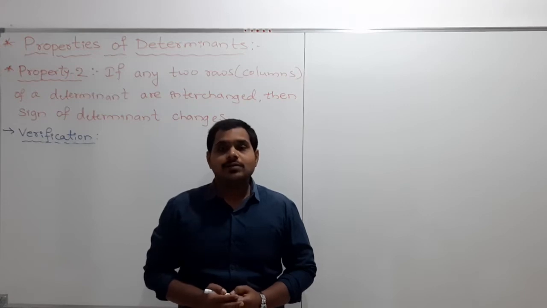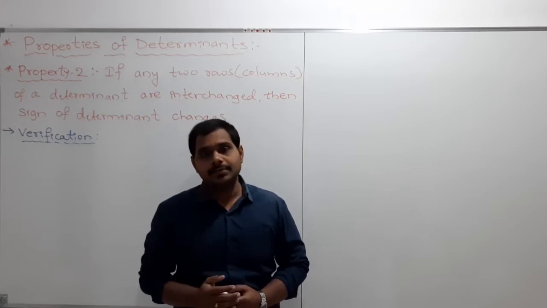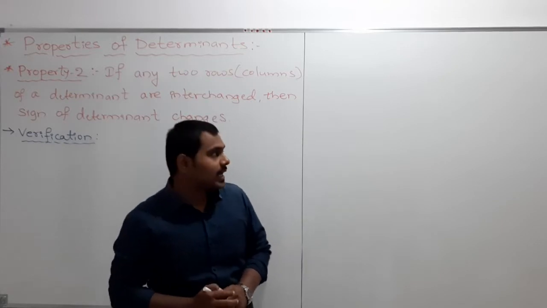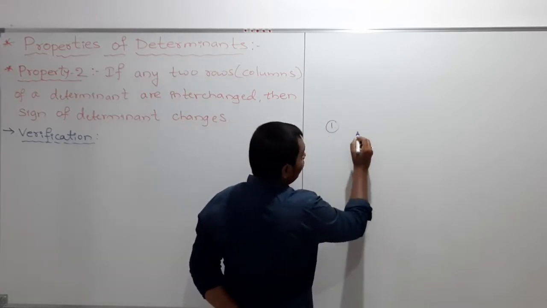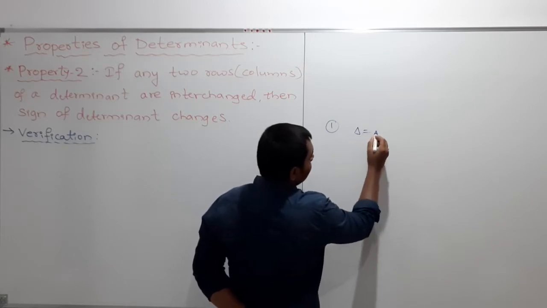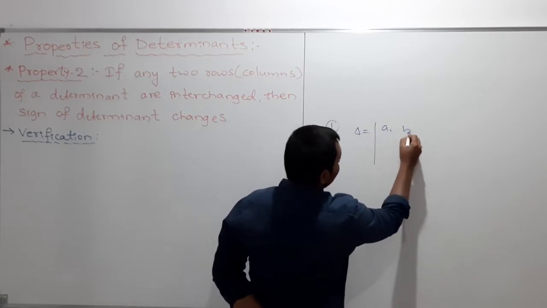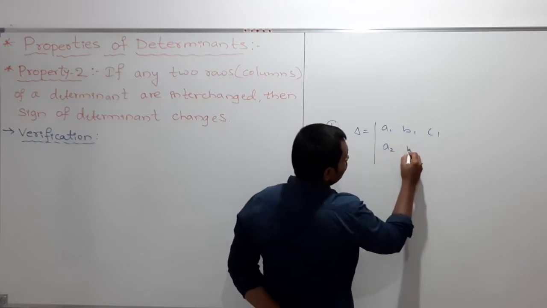In the previous videos, we discussed the properties of determinants. In that, the first property I discussed. So, what is that first property? The first property is: if we have any determinant, for example, here it is A1, B1, C1, A2, B2,